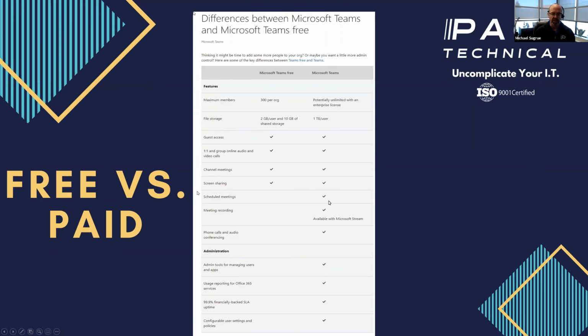But here's where some of the differences come in. Scheduling meetings: because the free version does not include the calendaring feature, you can't schedule meetings. You can still participate, but you cannot schedule meetings. Meeting recordings, again, are only a feature available with the paid version. You do need access to Microsoft Stream as well, which is where recordings go.